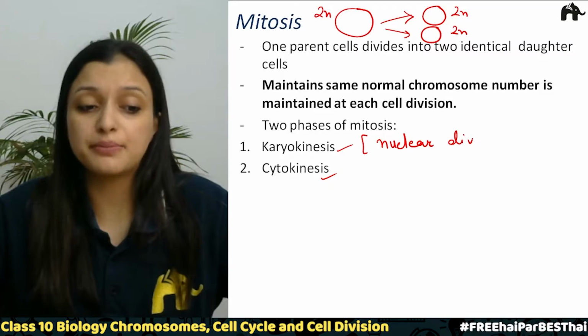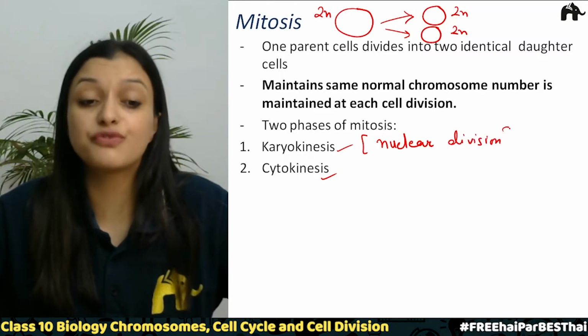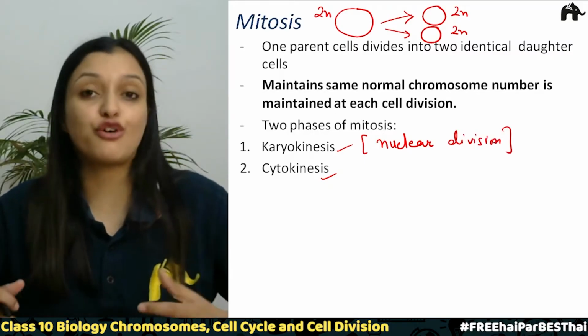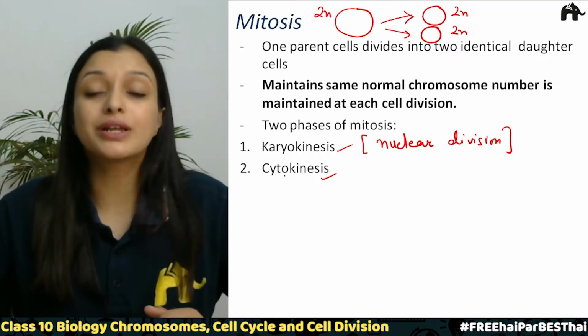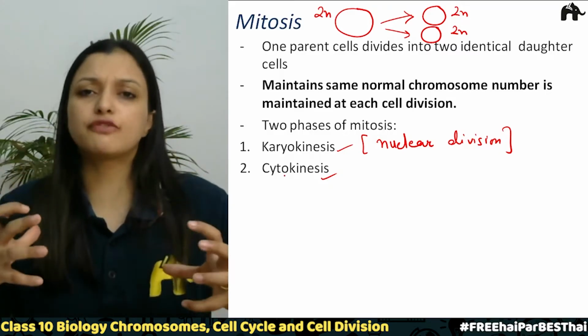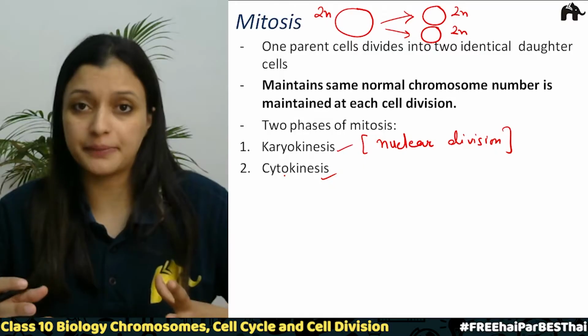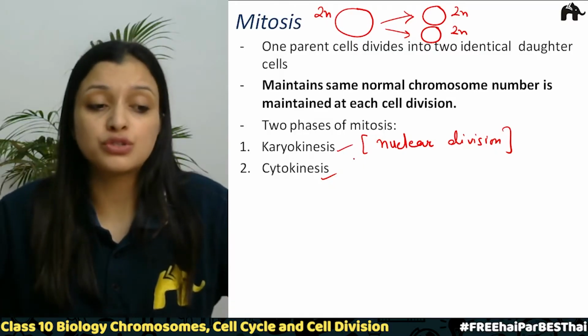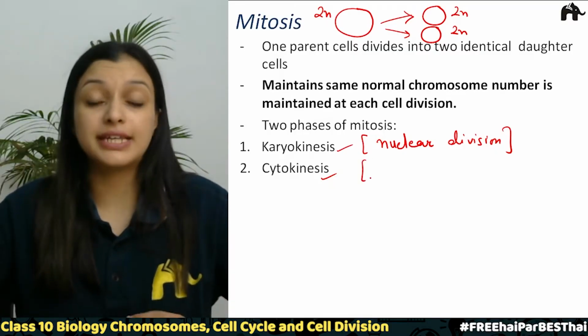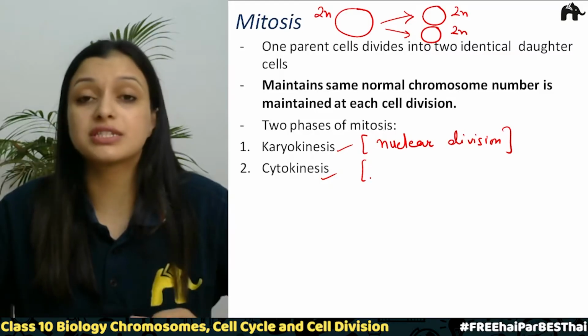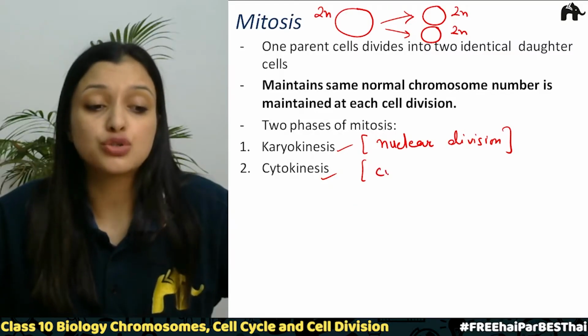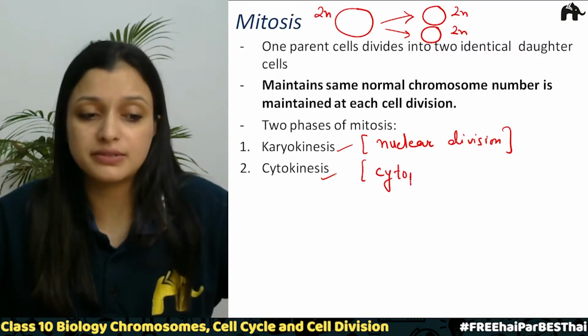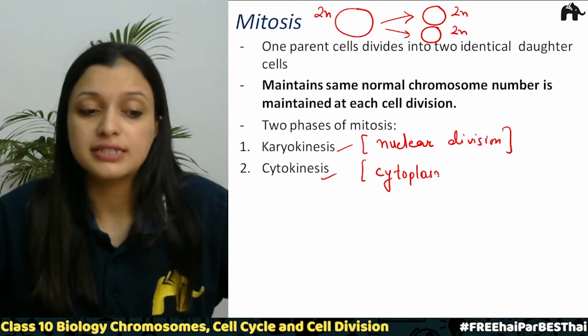So nuclear division takes place. The nucleus of the cell starts dividing. Then coming to the next phase of mitosis, that is cytokinesis. Over here cytoplasm division takes place. So there is division of